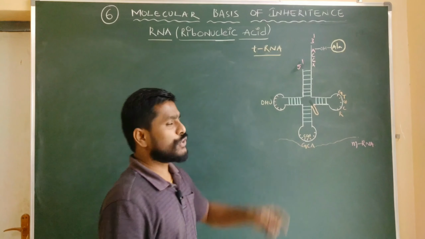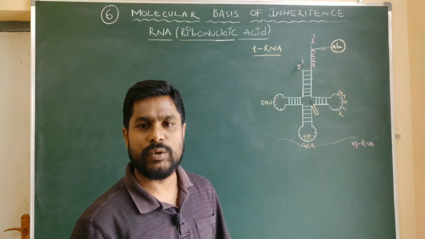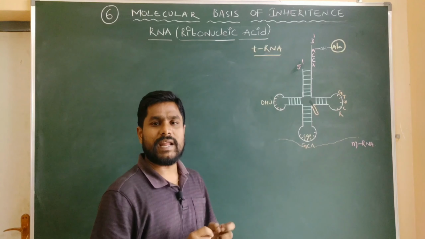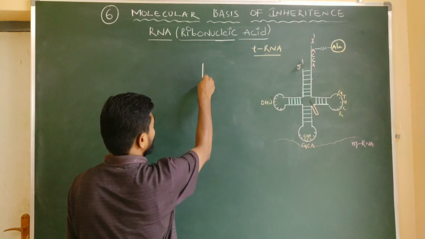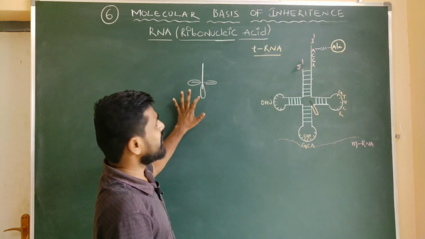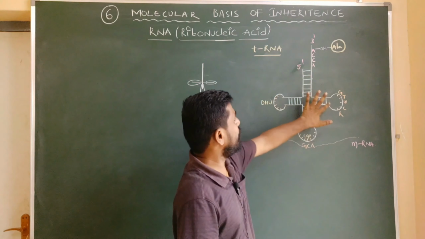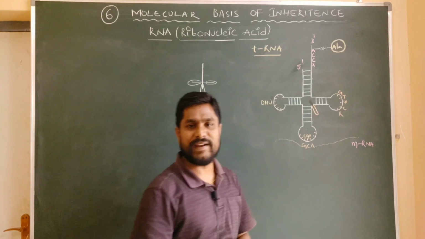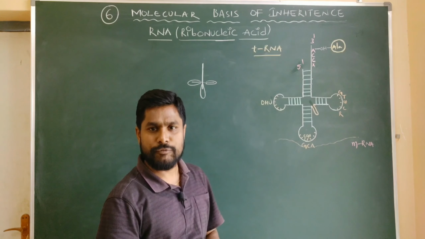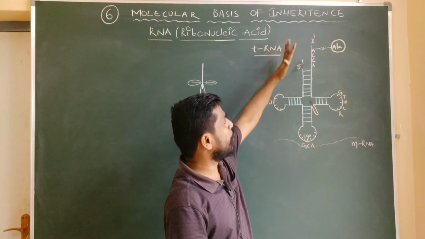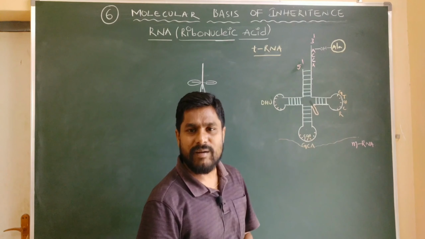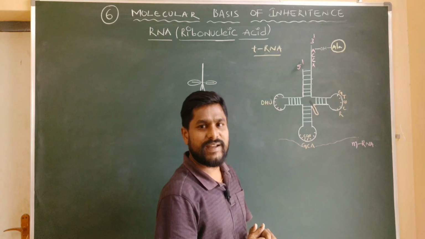This is the structure of a typical tRNA molecule, which resembles a trifoliate clover leaf. A petiole and 3 leaves represent the 4 arms of a tRNA molecule. Of these 4 arms, one arm consists only of a stem region, no loop, whereas the 3 arms consist of both stem regions and a loop region.